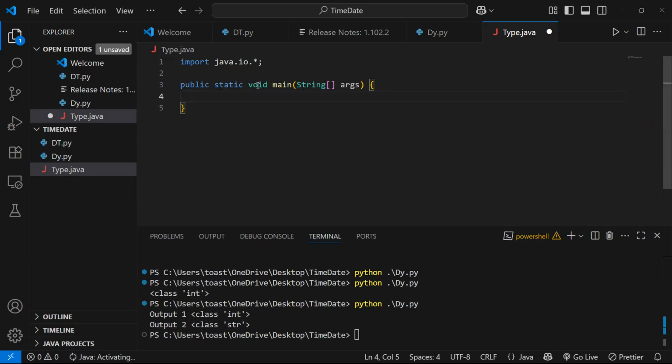So this public static void main cannot lie on its own. It needs to be encapsulated within a class, and the name of this file is type, so the class name should also be type. So it's a class name, right? There won't be any brackets within it, no parentheses, that is the angular bracket. So let me close the braces. Now if I say that a equal to 10,